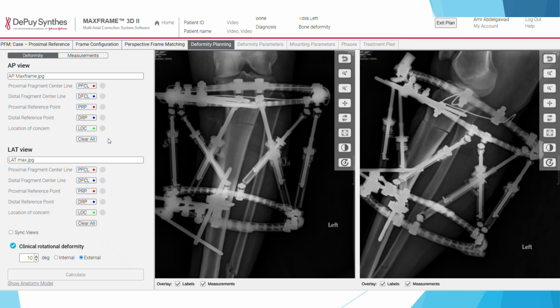And we mentioned before that location of concern is one of the four main parameters that you tell the computer, but that's not really part of the deformity. So the deformity, in the Sentis program in the MAXFRAME, you want to tell the computer these four items both in the AP and lateral. So you have the proximal fragment central line. So here it is. You click here first, and then you do the proximal fragment central line, which is basically